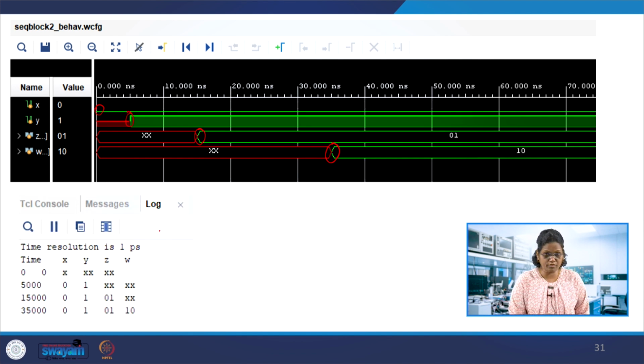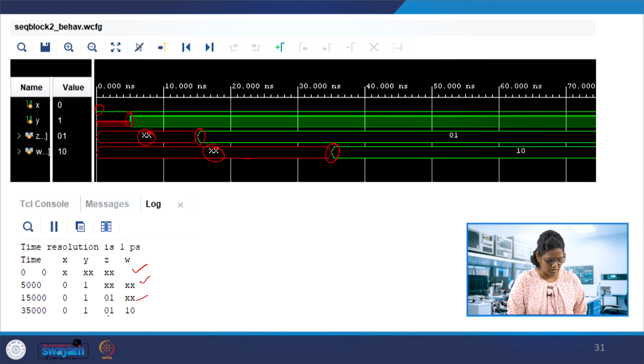The log file shows that at 0 it doesn't get any output, that is unknown. At 5 you can see only y is getting its value, and z and w are not stable. After that, at 15, w still didn't get anything.